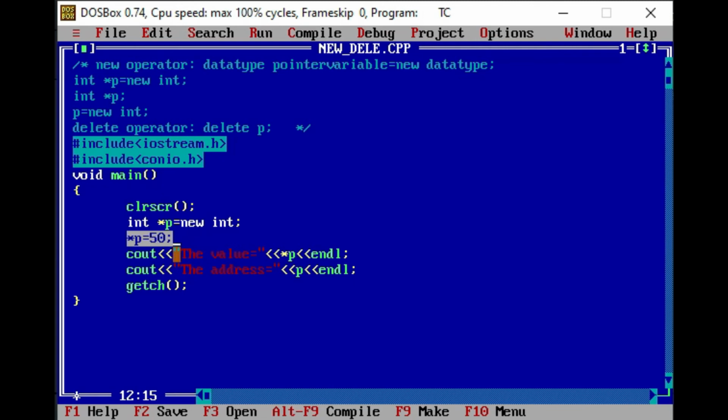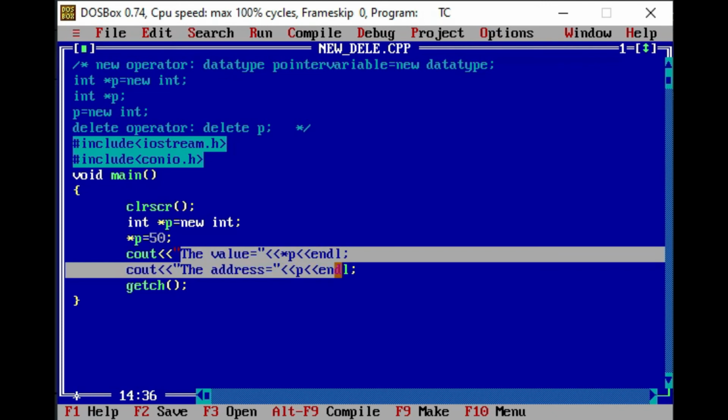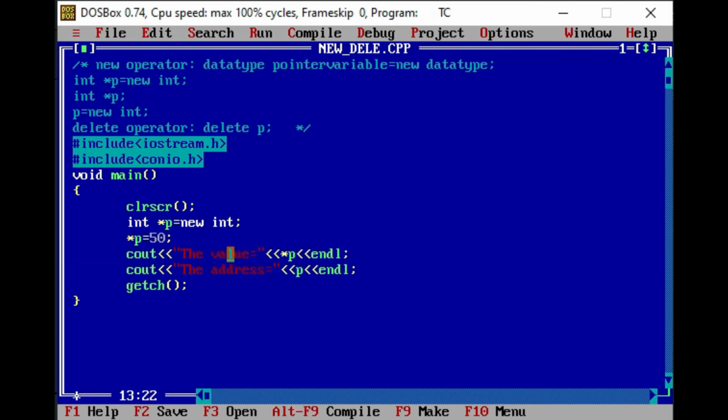To see the value, we need to write the pointer variable with the asterisk sign, and to see the address, we need to write the pointer variable without the asterisk sign. Now I want to deallocate the pointer, I want to free the memory. So for that I need to write delete and simply the pointer variable p.